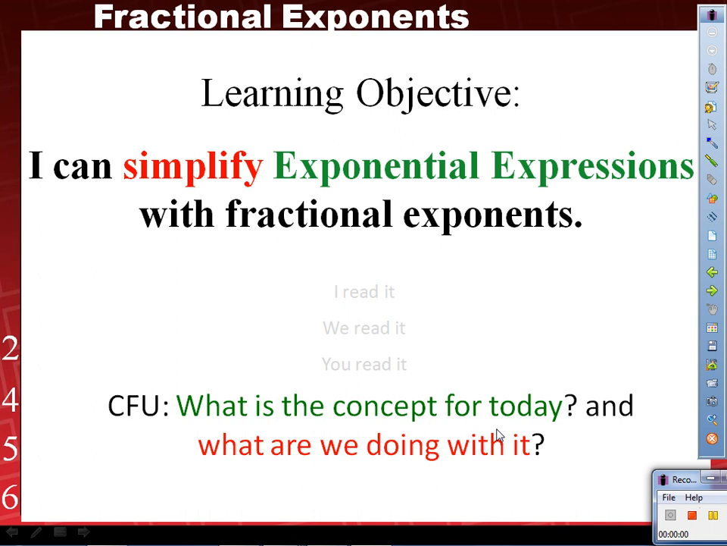Our objective for today: I can simplify exponential expressions with fractional exponents. Read together, 1, 2, 3. I can simplify